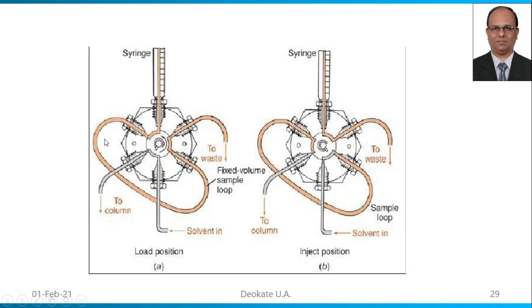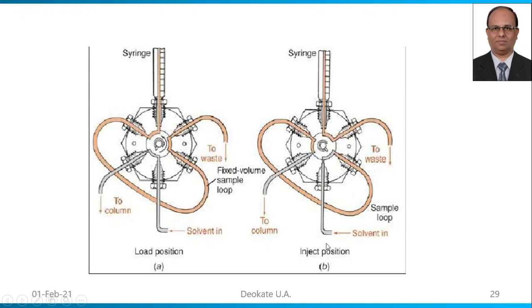Meanwhile, we can load this loop with the sample. Now when this syringe is injected, it will load the loop here. Excess liquid and air will come out from the other end. Till all the liquid and air comes out, we have to inject the sample. So this volume is fixed; it will take 20 microliters of sample. Even if you do not measure any volume of liquid in the syringe, all the liquid held in this part is what enters the system.